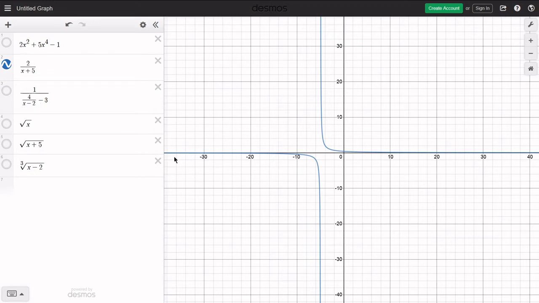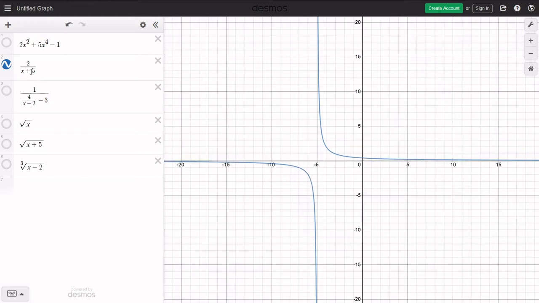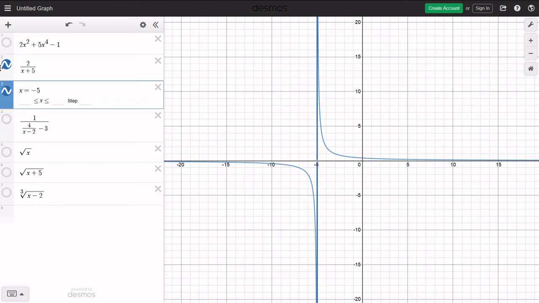And you see that it has this interesting behavior here where it has this kind of jump. It goes off down to -infinity this way, and then it jumps to +infinity and goes off that way. And this right here, this area right here, is called an asymptote. And what I can do, you can see it's on -5. What I can do is say x equal to -5. I'm going to make it